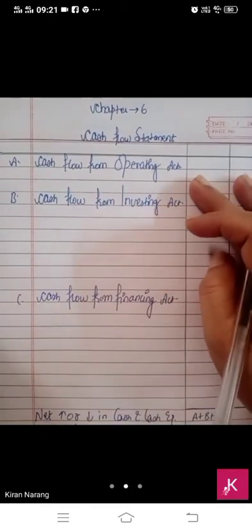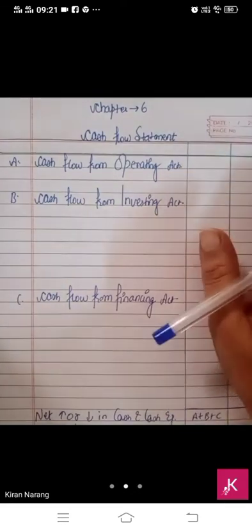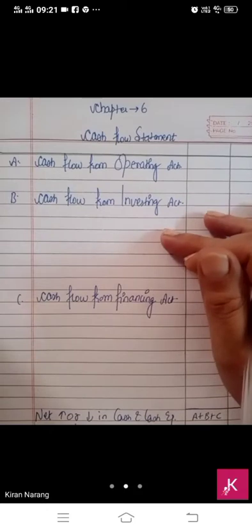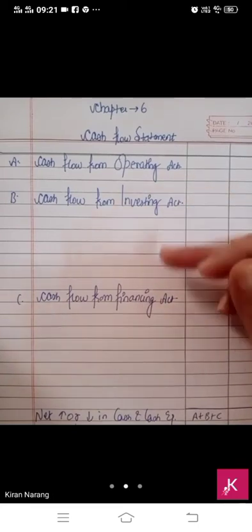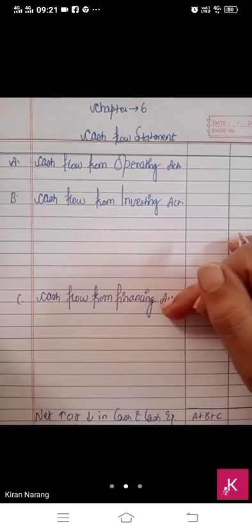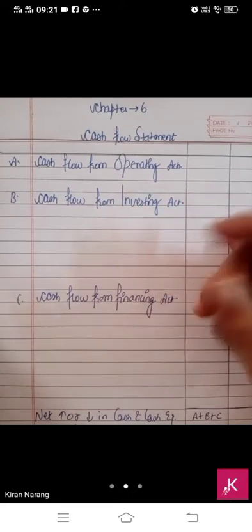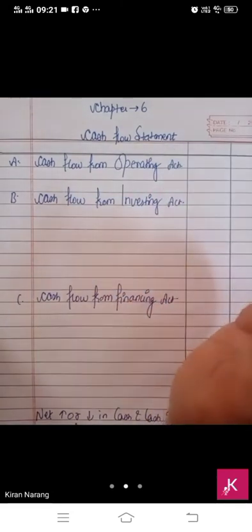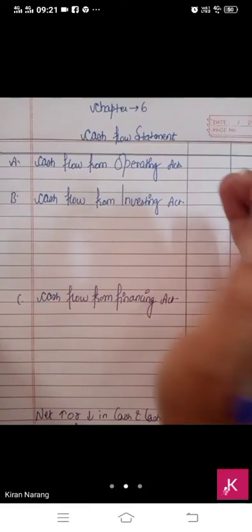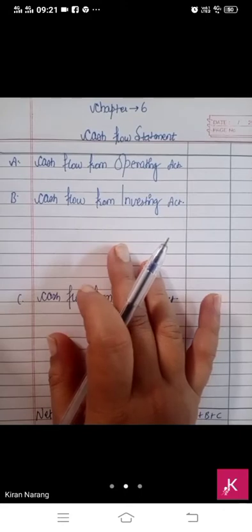First is cash flow from operating activities. This is related to business, directly related to business activities. Second is cash flow from investing activities, and third is cash flow from financing activities. We are having three heads in which all the activities of cash are bifurcated. So cash flow from operating activity includes all the activities of business. I will explain separately. Cash flow from investing activities, it includes